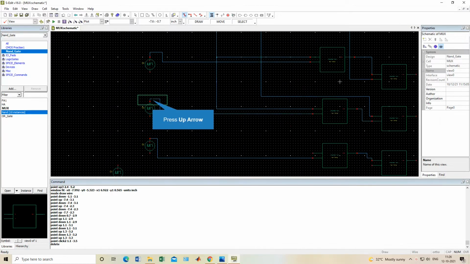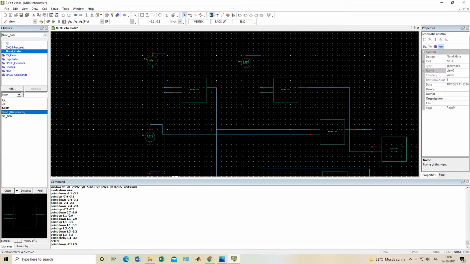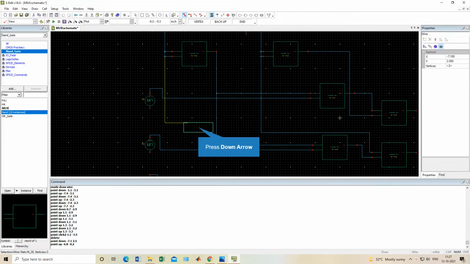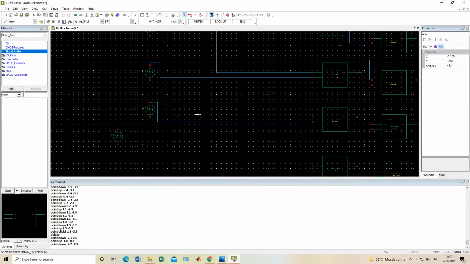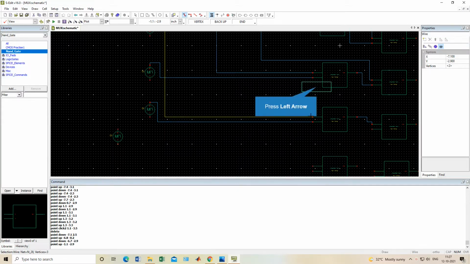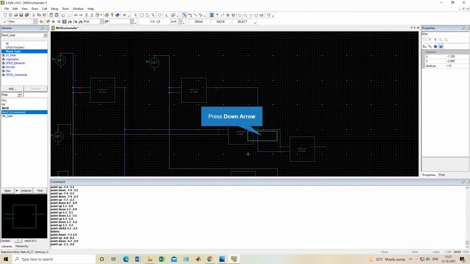Non-inverted S1 is this one, so I have to connect this one. Now this one is connected. From this we have to connect inverted S0.